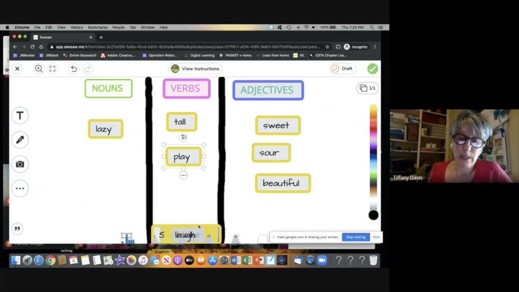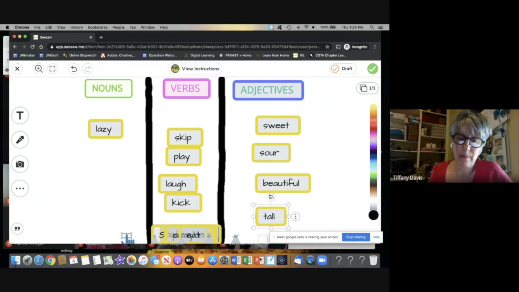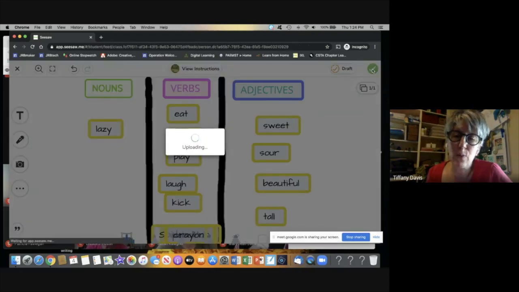And once I'm all done, once I've got all of my words sorted correctly, I won't sort them all because you don't want to keep watching me. The trick to turning in Seesaw is the green check mark. And you have to emphasize with students that you have to do the green check mark, not once,